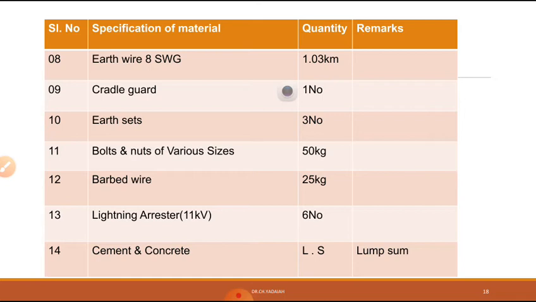This is the closing of the estimation of 11 kV and LT lines. Now, in between the HT line and LT line there is one main component, known as a transformer, nothing but a substation. We can say it is a small substation. HT is 11 kV, LT is 400 volts. In between we use a DTR, a distribution transformer.